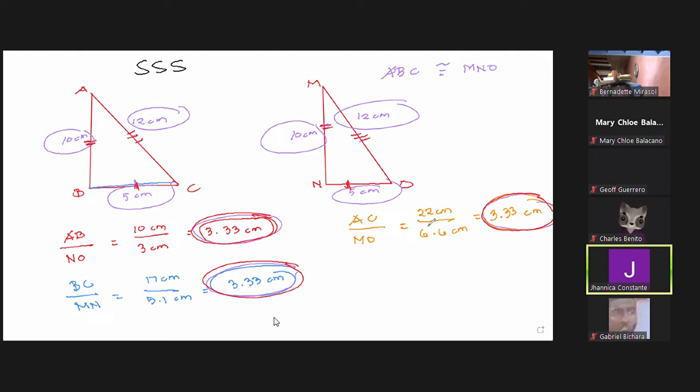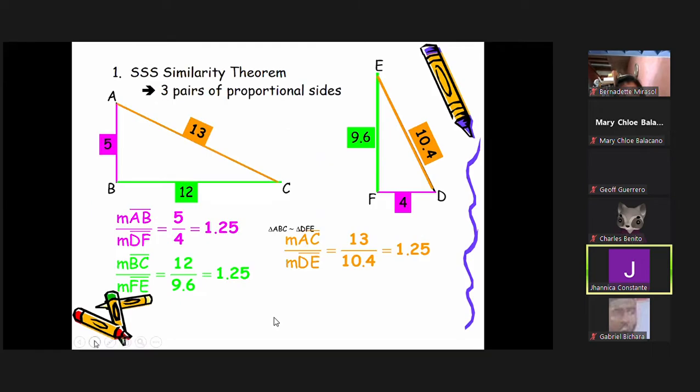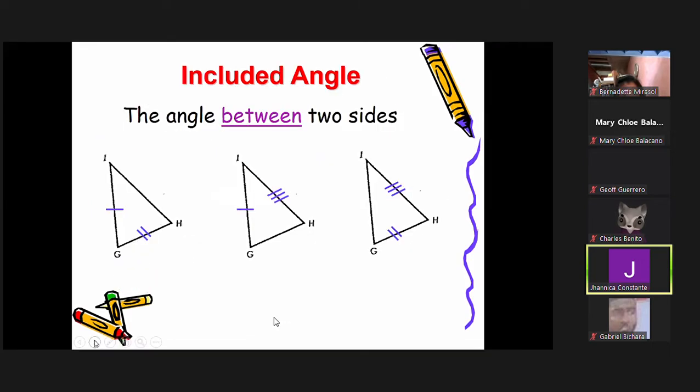Okay, now with the SSS side theorem, so let's proceed with the other theorem that we have. Okay. So the next theorem that we have includes the angles. So kung kanina, it's only talk about the sides. Now we'll be having angle. So the angle between two sides. And we call this theorem